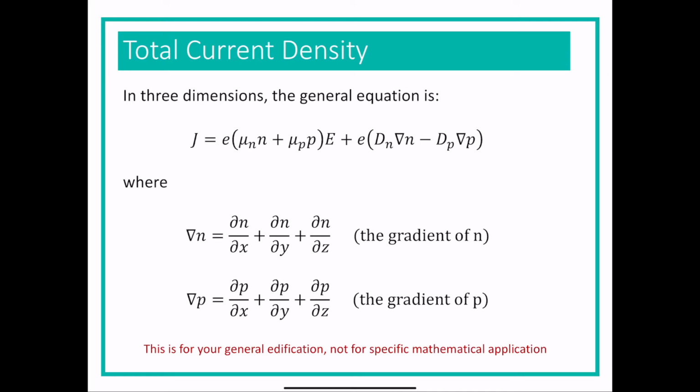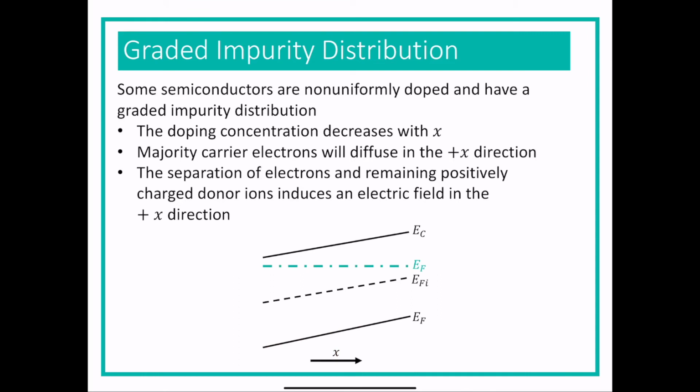We're not going to use them in here. I'm just saying this is what you would have to do to get to this point. Another thing that can happen is that you can have a semiconductor that is non-uniformly doped, and that happens quite